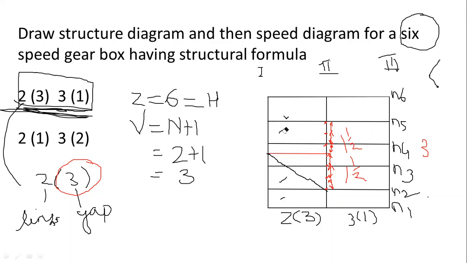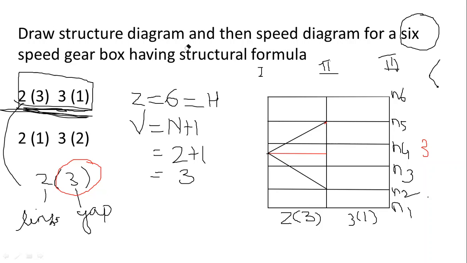If I want to draw it much more nicely, if I want to show it to you nicely, then let me just rub the things which are not required, and then you will get a clear-cut idea of how the structure diagram looks like, right? So now you can see here, I'll extend the point till here and I'll extend the other point till here. This total gap till here is 1.5 and this is also 1.5, which means this total gap between the 2 lines is 3. I hope you understood. So I'm rubbing out these unnecessary things which are there, right? Now you can understand